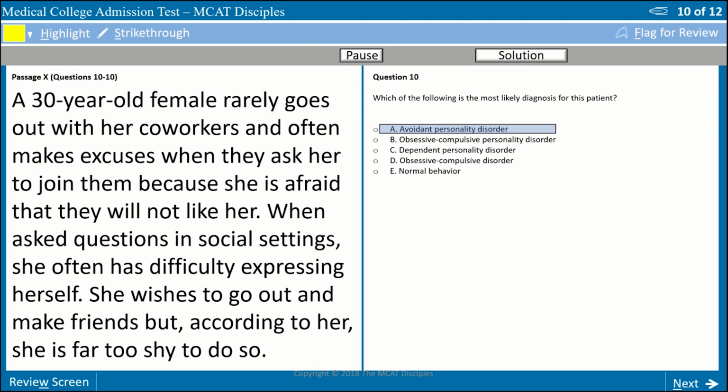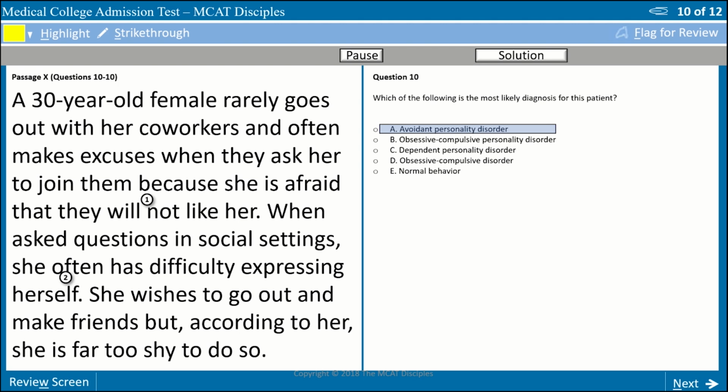We see here that she is expressing social inhibition, particularly with the preoccupation of being rejected, which is the big key identifier for an avoidant personality disorder, because they are avoiding particular situations because they have a preoccupation with being rejected or have negative evaluations of themselves. We also see that she has difficulty expressing herself in social settings, another example of social inhibition. And in fact, the passage goes on to say that she wants to engage in these social activities, but she can't because she's too